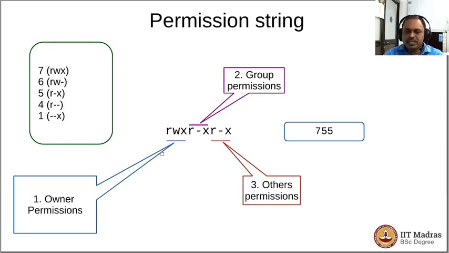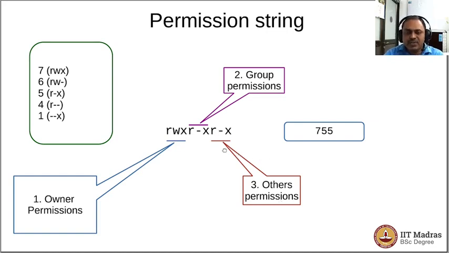So the permissions can be changed, but the way we understand the permission strings is, the first character R indicates that you have the read permission. The second character, if it is W, it means that you can write to that particular file, and X indicates that it can have executable permission. And if the file happens to be a directory, then X would mean that you can change to the directory. Okay, and the first three characters are meant for the owner. The second set of three characters are meant for the group. The third set of three characters are meant for the others.